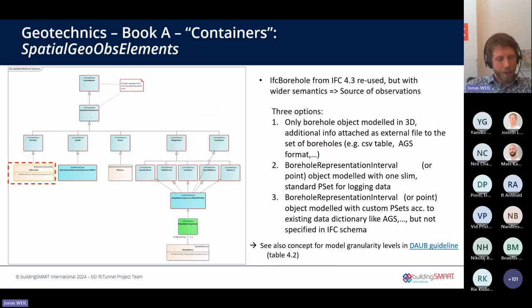So let's have a look into the content. Let's see which elements we have defined now. Starting with Book A, with observations and measurement results. There are different kind of objects. The first one that I want to show you are these, let's say, containers. The spatial elements that actually describe where certain observation or measurement has been made.